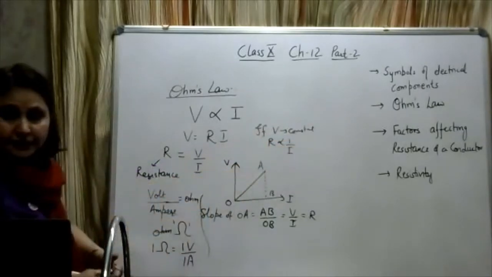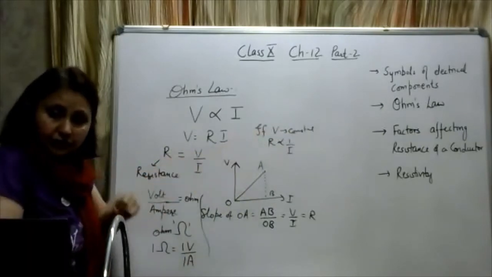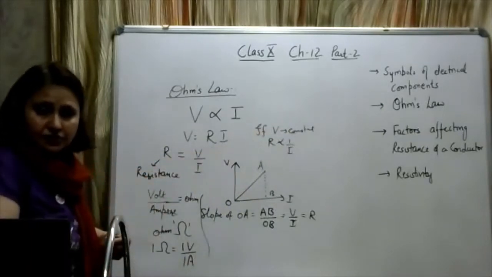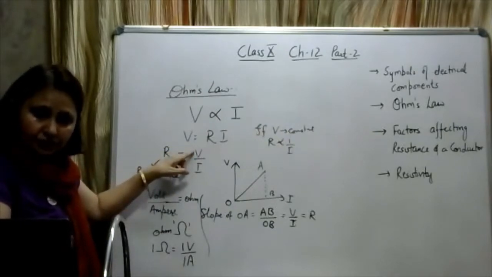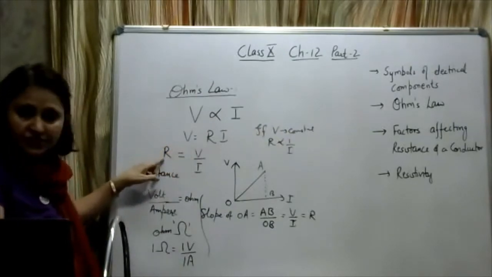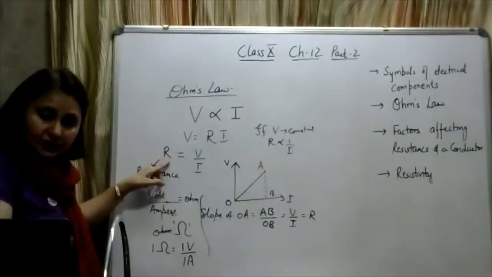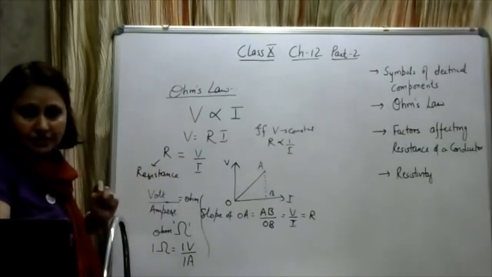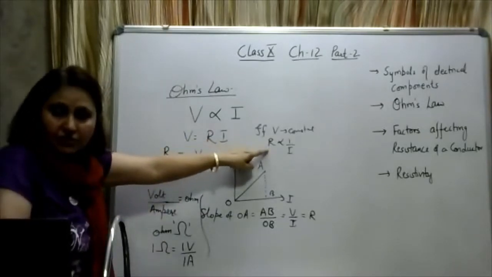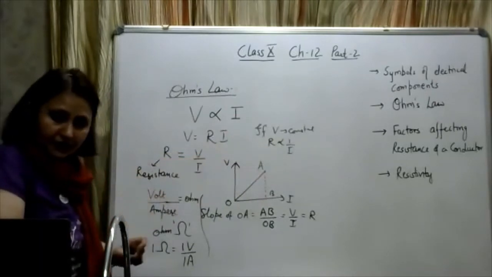Because in some electrical circuits, we have to regulate the current, we have to change the current. So what is done in those electrical circuits? The voltage source is kept constant, and the resistance is changed. A variable resistance is connected in that electrical circuit. Variable resistance, we call it the rheostat. So a rheostat is connected in that electrical circuit to change the current. So if the resistance of a wire is more, it means the current flowing through it will be less.